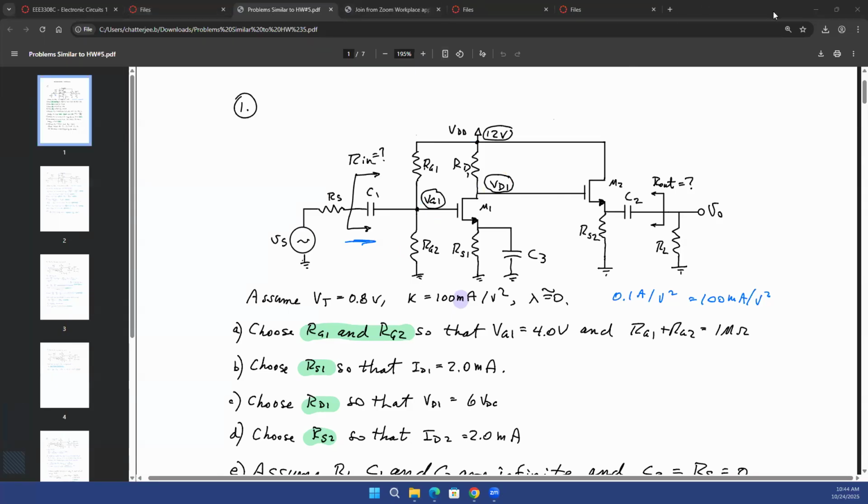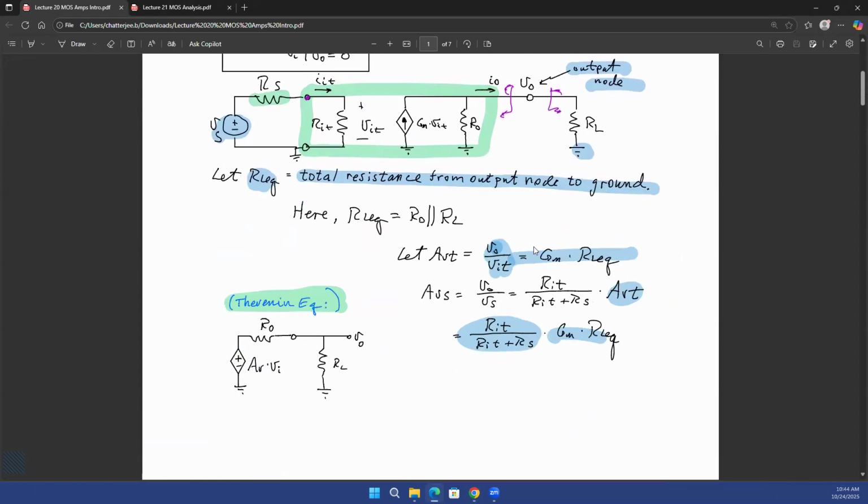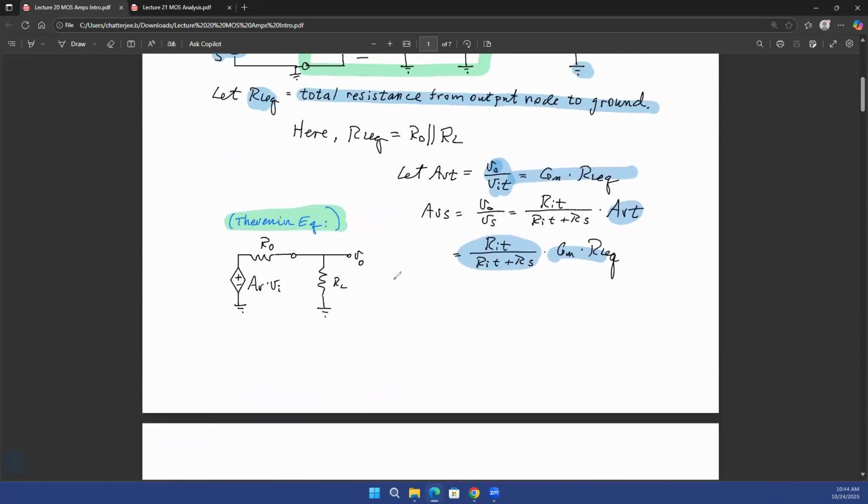All right, so let's continue with the discussion that we were having in the last lecture. We saw that the gain, or the AC gain, of an amplifier will be of the form of some capital GM times capital R equivalent. What is capital GM? The capital GM would be the transconductance of the entire circuit that you're given in the problem. Of course, the MOSFET will have a particular transconductance, and that is generally given by lowercase gm, right? Lowercase gm is the MOSFET's transconductance, whereas this uppercase GM will represent the transconductance of the